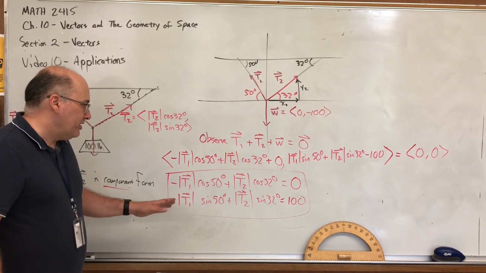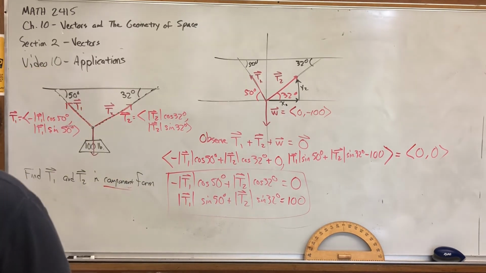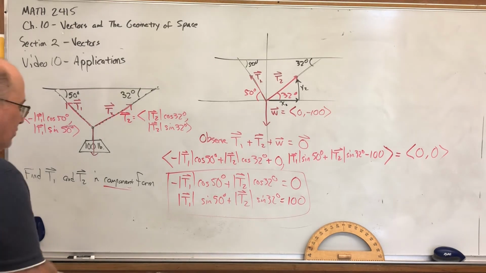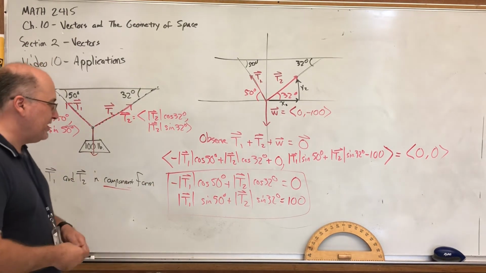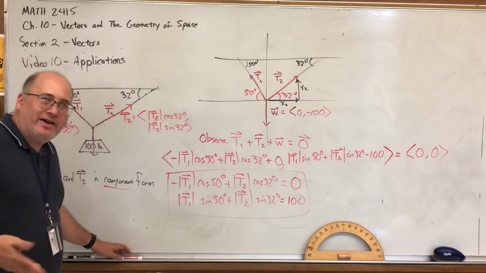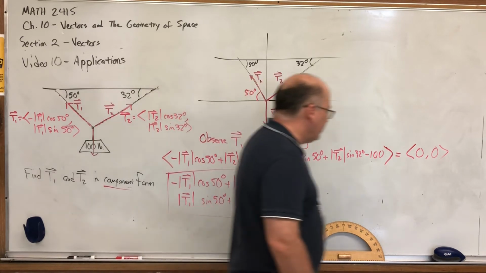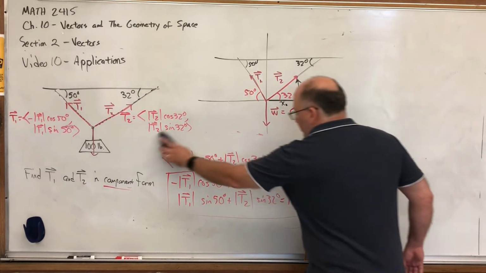Now it's a little bit ugly, not because of the magnitudes, but because of the trig functions, but it is solvable. By the way, this problem comes straight out of the book. It's on page 548. And it's amazing in this book how the author just glosses over some of the algebra. He basically says, well, if you do this and then you do that, here's the magnitude of T1 and here's the magnitude of T2. But I want to do this problem as algebraic justice and actually solve the system of